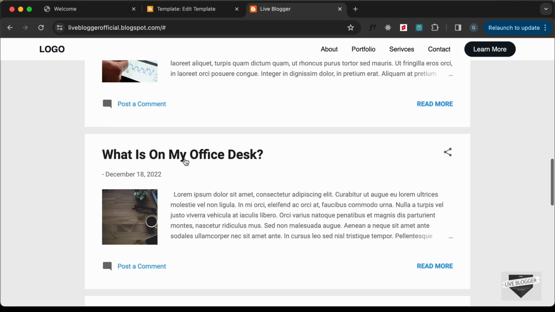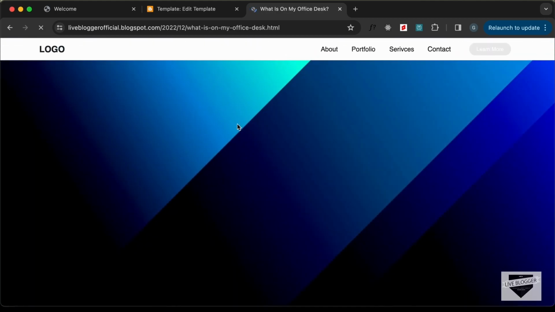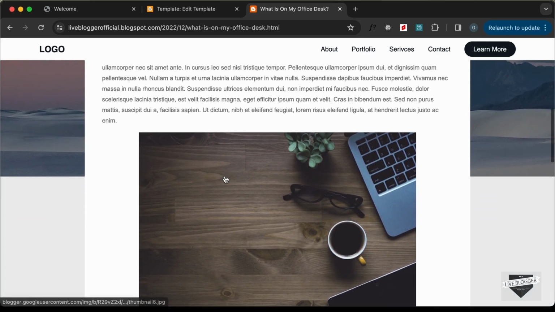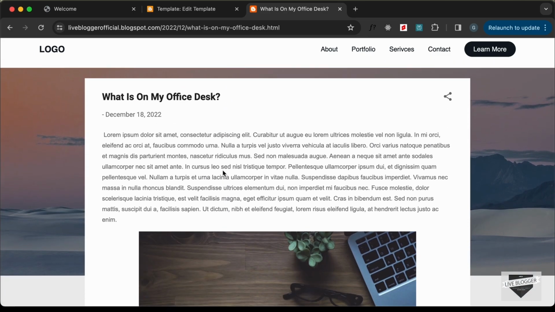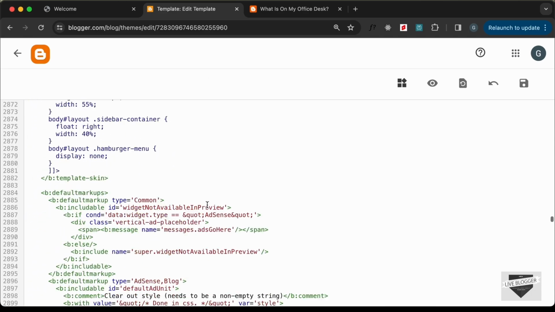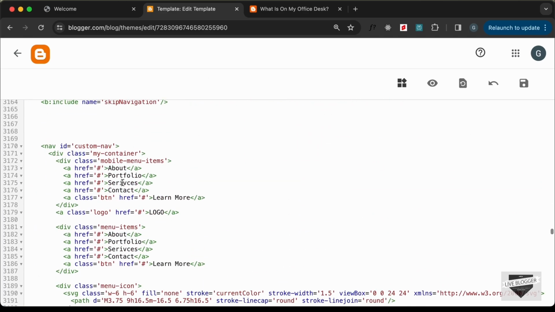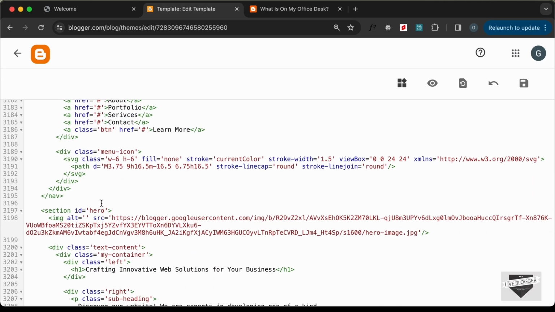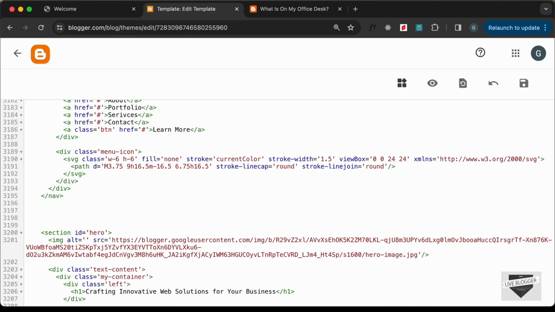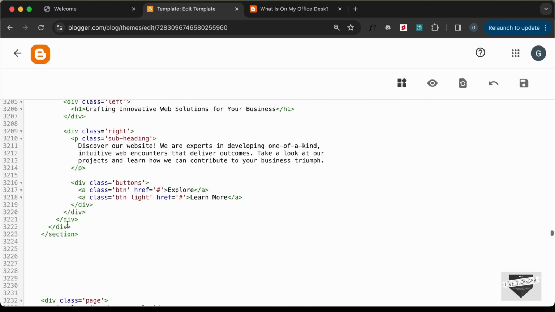Now if you go to one of these posts, here also we have the hero section and the animation working. Now we want the hero section to be displayed only on the home page. So for that, let's go back and let's go to the HTML code. And this is the HTML code. So here I'll just add this hero section inside an if condition. So here let's type less than b:if cond for condition, and here let's type data:viv.is homepage, and let's scroll down, and once the section ends, let's end the if condition. So let's type less than /b:if, and now let's save this,